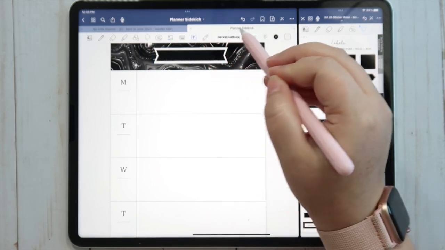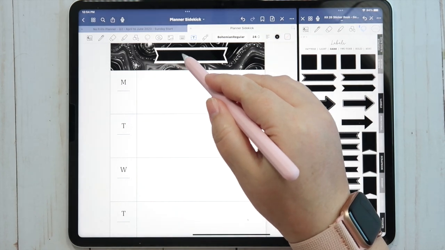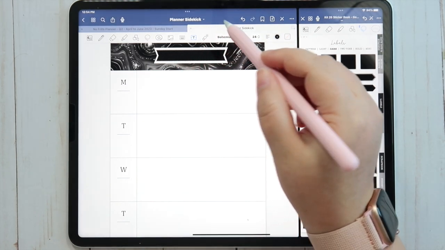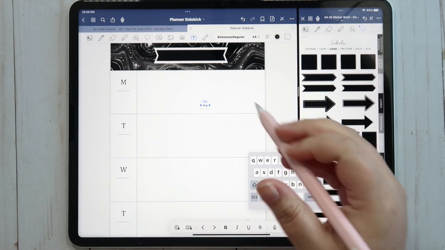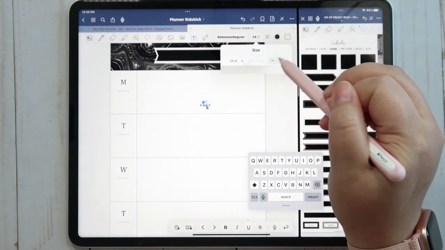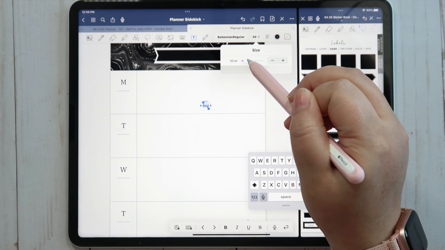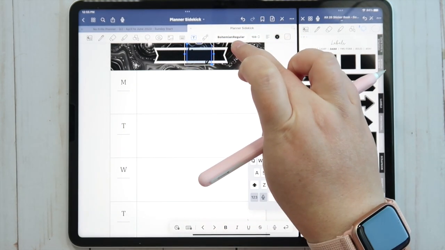Okay, and that's gonna be close enough. And then I can just use some font. And I'll do May. And we will make that larger. Like right around there-ish.